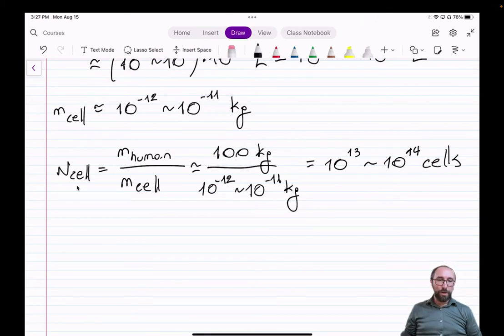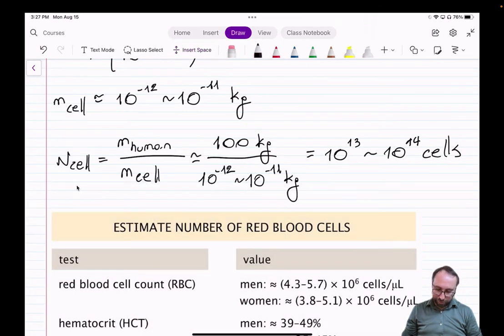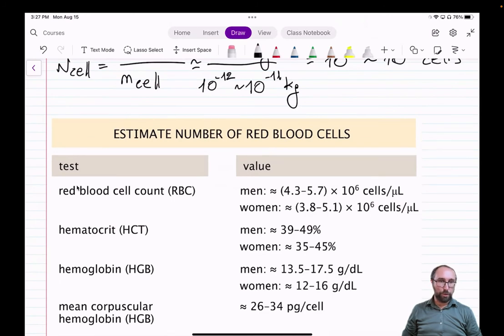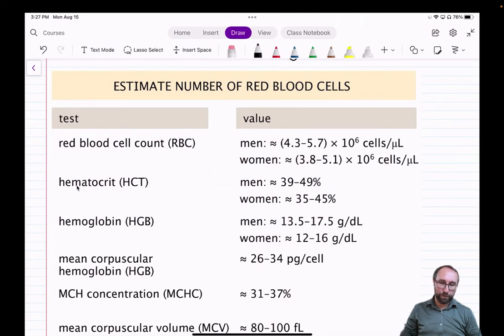Now what we need to figure out is, what is the most abundant cell type? And what we're going to hypothesize is that it's red blood cells, and we're going to see what fraction of the total cell number that we just estimated corresponds to red blood cells, okay? And how are we going to estimate how many red blood cells we have? Well, what we're going to do is we're going to look at the results of the CBC, which is a complete blood count. It's basically the standard blood test that you get when you go to the doctor for your physical. And all I want you to notice is that,